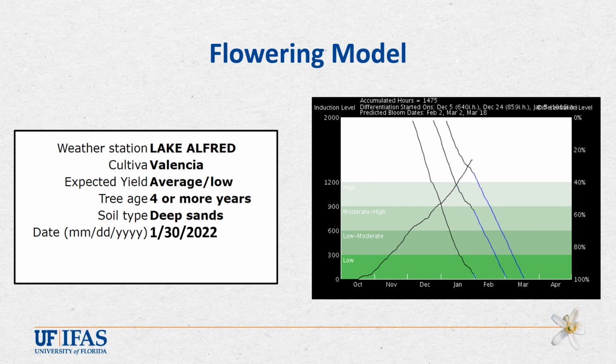As we continue to move forward through January 30th, February 15th, February 28th, and March 15th, we see that the induction hours continue to accumulate. The predicted bloom dates also shift slightly with shifting weather conditions. Through this walkthrough, we've seen that multiple waves of flowering can arise as the season progresses. It's for this reason you should check the model regularly as the flowering season approaches, so that you can have the most accurate predictions for the coming season. Having an idea of when flowering will peak can help in scheduling sprays and other cultural practices.